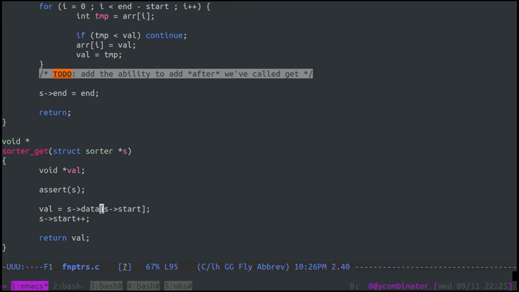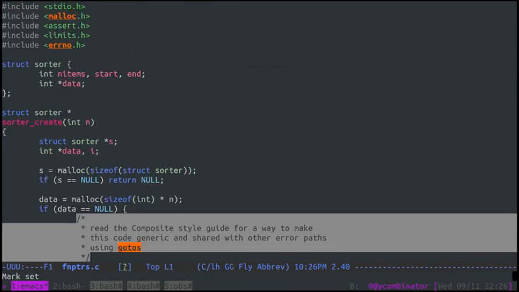On line 95, we're setting val equal to sdata start. Okay, this is where C gets really, really weird. This is where you might just need to look at the code. I'm going to say what the problem is here, and you're going to need to go through and figure this out. So one, it should be obvious that now I'm storing void stars, I should change